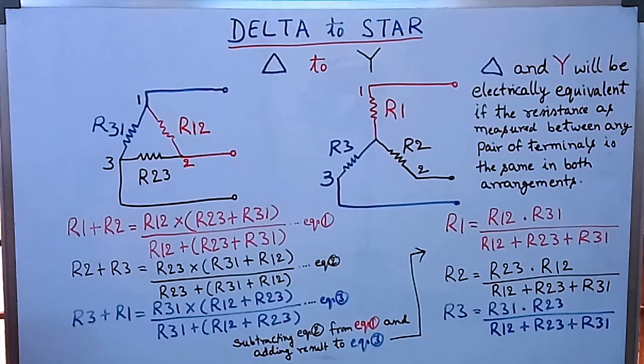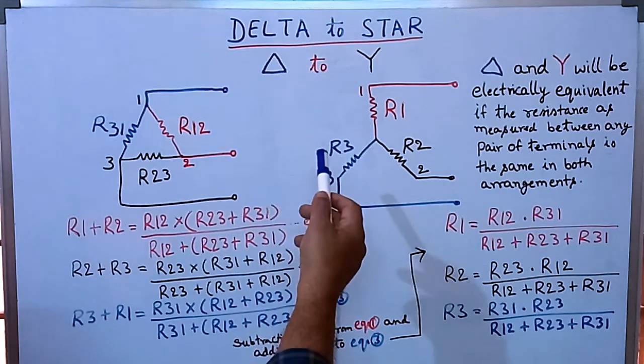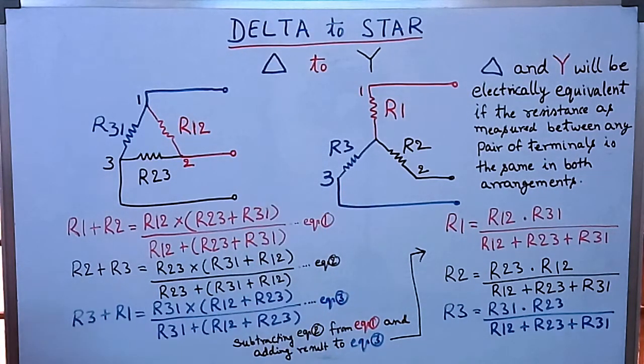Now, first of all, let us understand why we need to convert the delta to star and star to delta in solving the equations. As we know, the mesh analysis or the mesh loops will give us the equations. If there are more mesh loops to be solved, then it will be cumbersome in solving those equations. There delta to star or star to delta will come in handy.